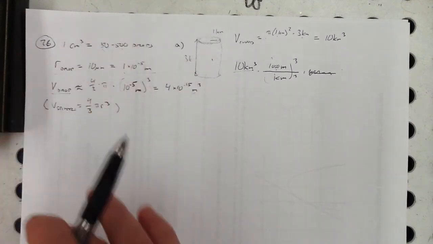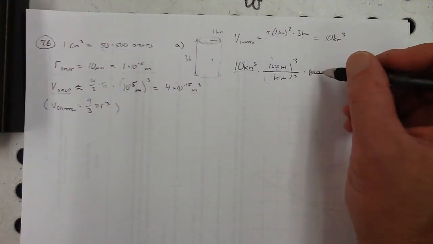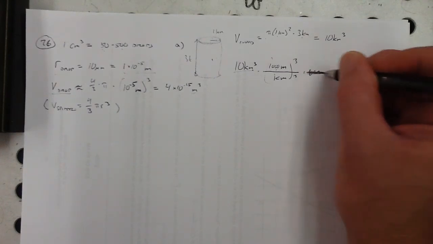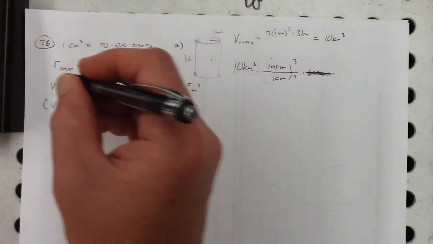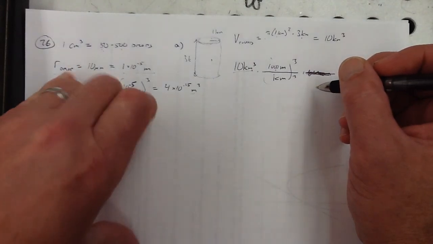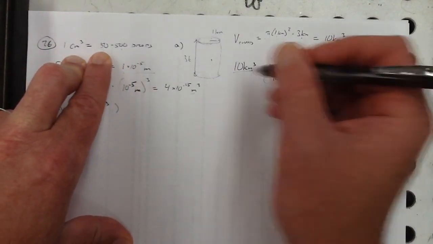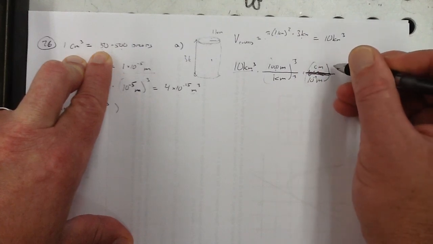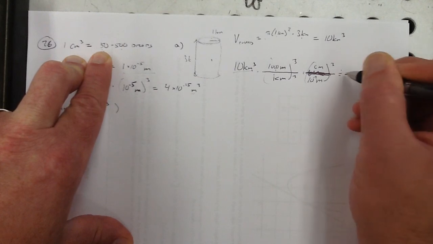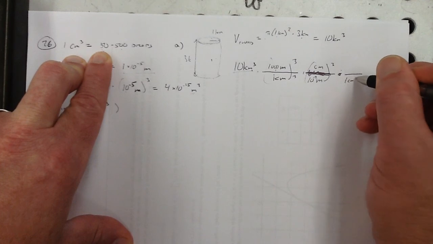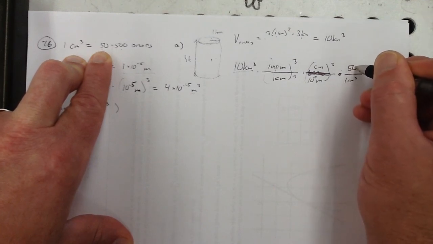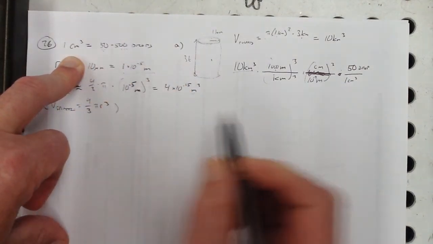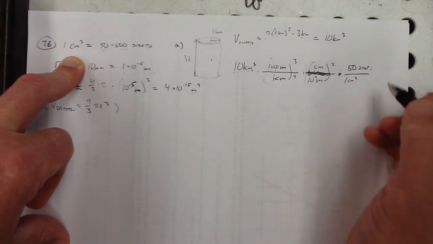So we need to get back to the water stuff here. Let's see. We do have quite a bit more work to do here. So let's reinstate that line. All right. So I know that in here we've got 1, let's get to cubic centimeters. So here I need to go from meters to centimeters. That's 10 to the negative 2. Need to cube those. All right, and then I know that 1 cubic centimeter has, I'm going to do the 50 drop version, and then I'll just multiply the answer by 10 to get the range, to get the 50 to 500. So let's say we're doing for 50 drops here,